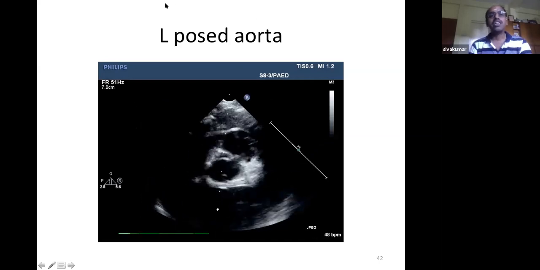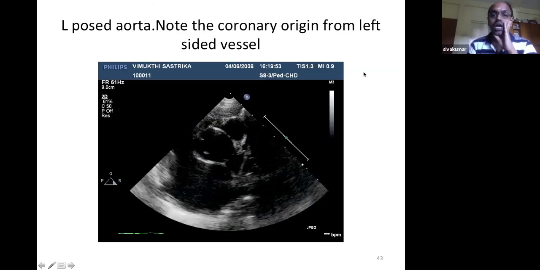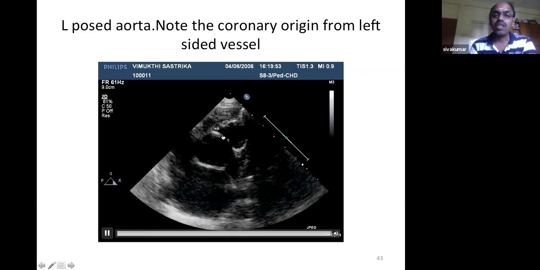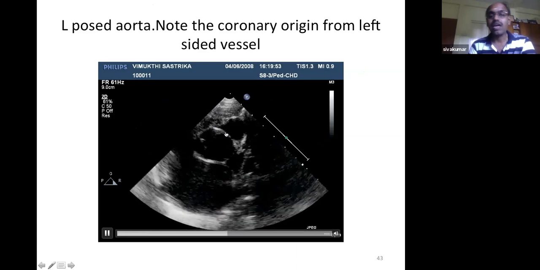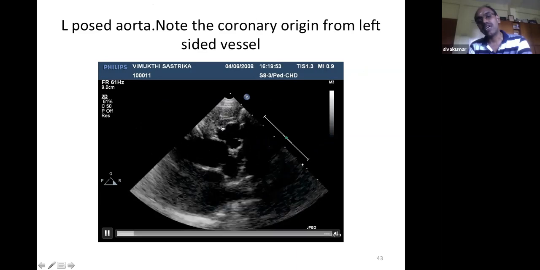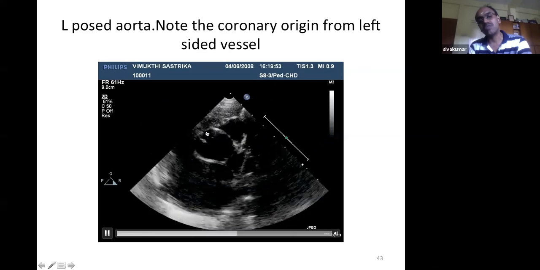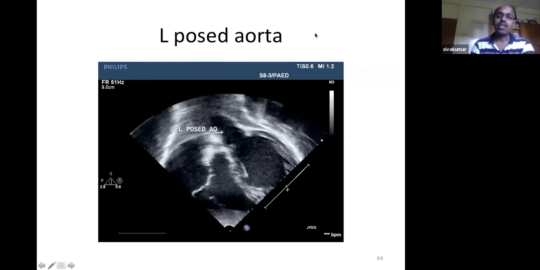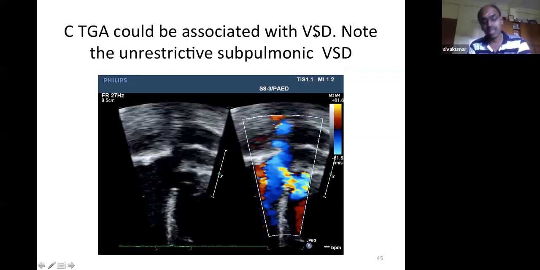Coming to the great artery relationship, L-malposition is the rule. You can appreciate the coronaries being given off from the L-malposed aorta. Here, both the coronaries are actually given off from the right-facing sinus. You can appreciate this is the right coronary artery, which is turning to the right, and this is the left coronary artery, which is coursing towards the left. So varying types of abnormalities of the coronary can be seen, sometimes a single coronary, and we need to look at the coronary artery pattern.